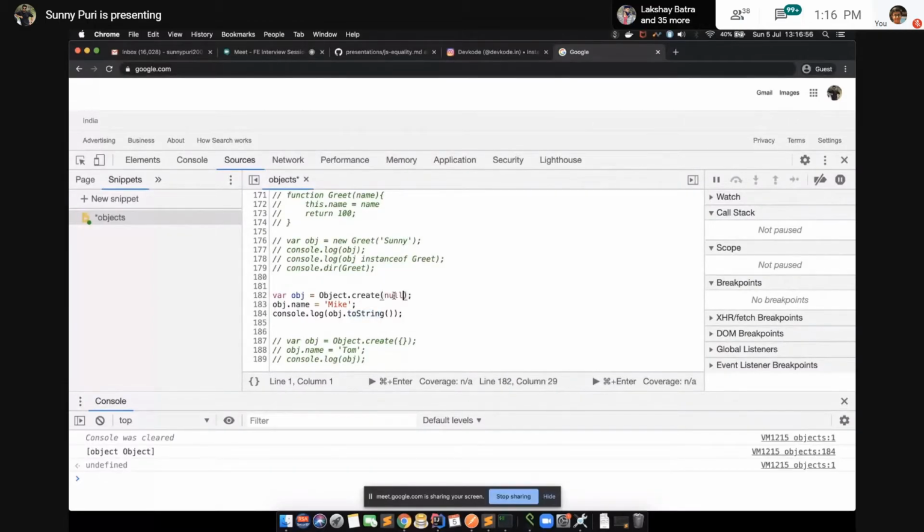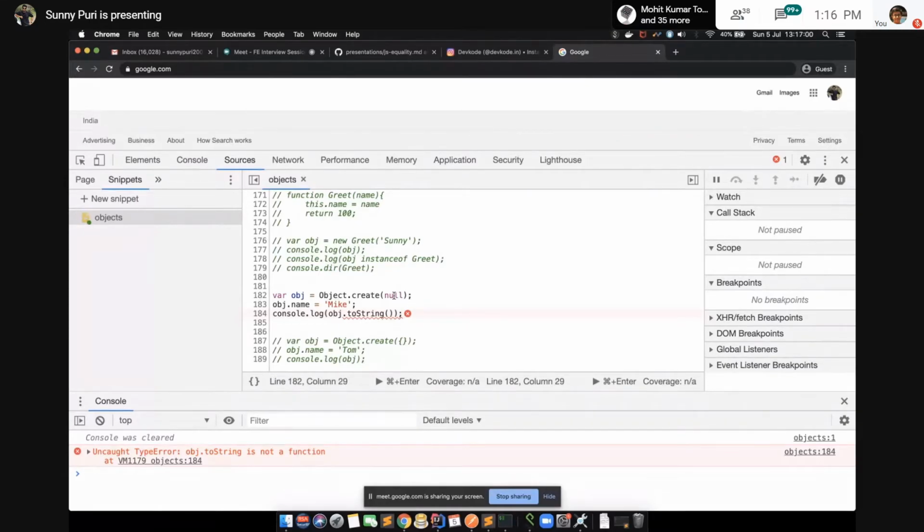In case of null, what will happen? It is not having any parent, so it will say toString is not a function. I'm going to cover what inheritance is maybe in future sessions. Inheritance on an object basis I'm going to cover now. What is happening in this case? If some property is not available directly on your object, it will look for its parent. If something is not available on your parent, it will look for the parent's parent. So this is basically the concept. In case of null, it is not inheriting. In case of object, it is inheriting.